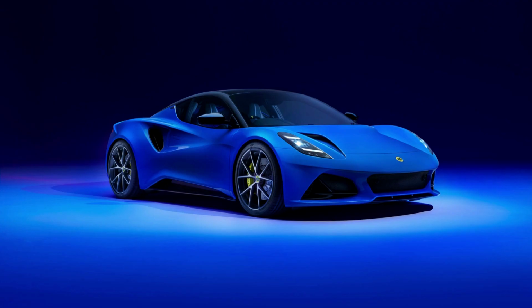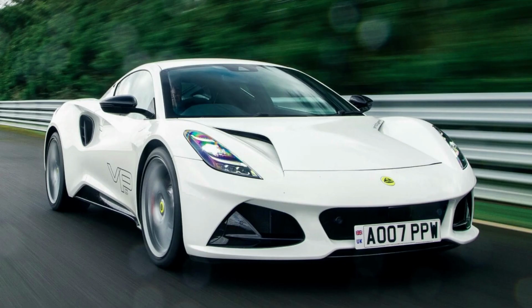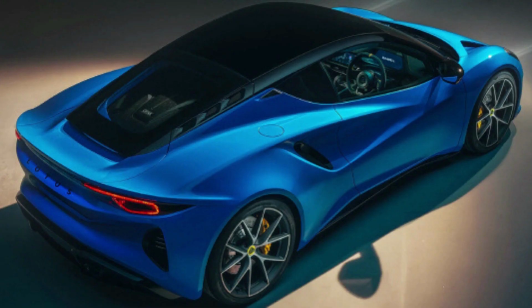But if you want even more personality, we've got 4 different packs that can be added onto your order. The driver pack gives buyers either tour or sport suspension alongside Goodyear Eagle F1 Super Sports, while the design pack adds outrageously cool gloss carbon fiber detailing on top of everything else. Lotus has taken the wraps off its first ever production model, and it's more powerful than ever. The first edition will be coming soon at